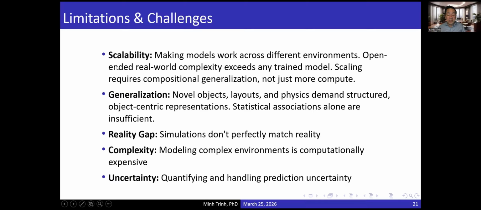Notion of scalability is that the world is much more complex, right? So the trained model might, because you summarize everything into like latent space, and the scaling might not be possible, and generalization, right? So can you generalize what you observe in the world model to things that you have never seen, right? So let's assume that suddenly